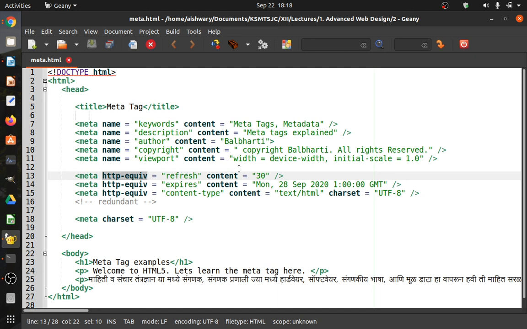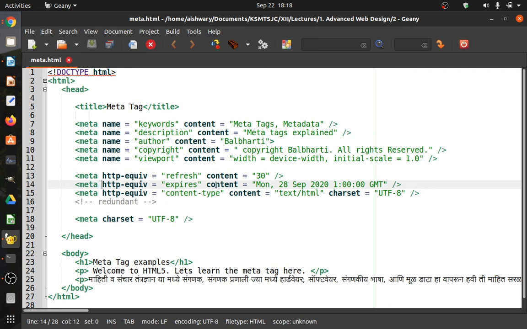If it is required that the contents of the page has to expire after a specific time or date, then we can specify that. That basically is written like meta, then http-equiv with expires as the value.